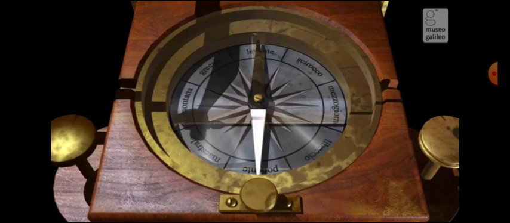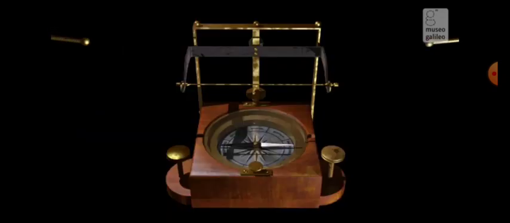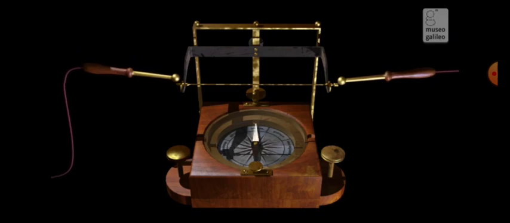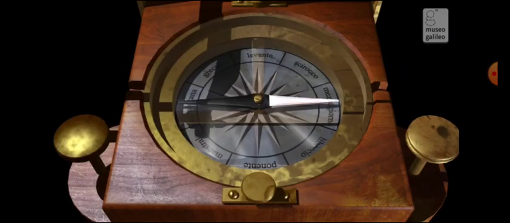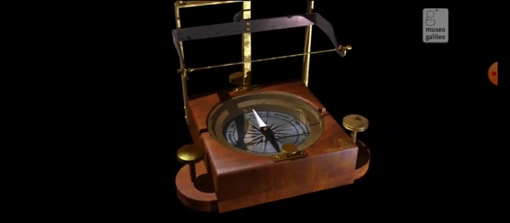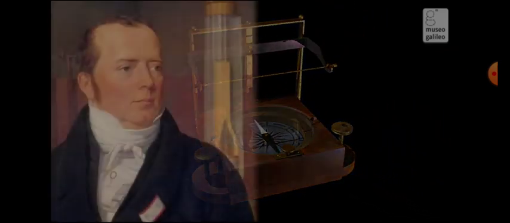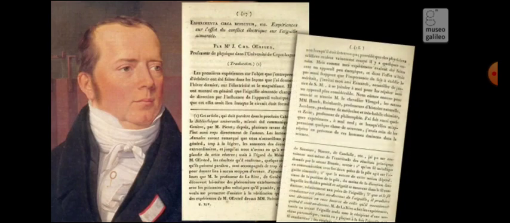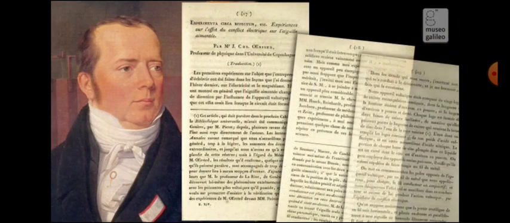Now obviously the magnetic compass needle will show deflection only when there is a magnetic field near it. When the direction of current is reversed, again there is a deflection, but this time the deflection is also reversed. So using a similar experiment, Ørsted discovered the relationship between electricity and magnetism, and that was further published in his research papers.